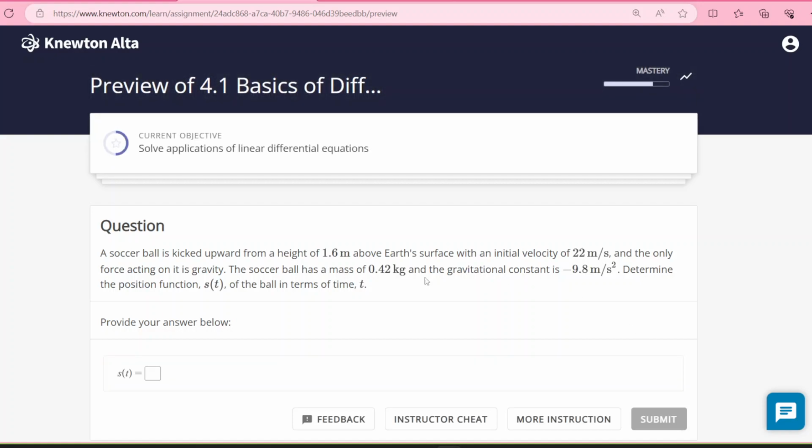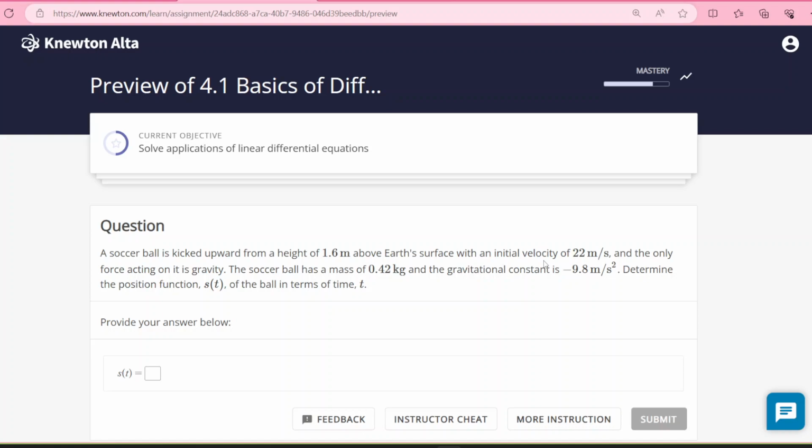All right, so we're back to the gravity stuff. So this time it's about a soccer ball being kicked upward instead of a rocket or a diver like in previous examples, right? But it's just a projectile motion problem where only gravity is being considered. So a soccer ball is kicked upward from a height of 1.6 meters. So there's our initial position, right? Position at time 0,